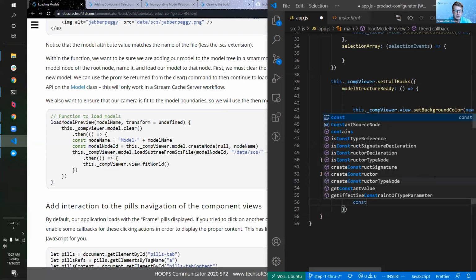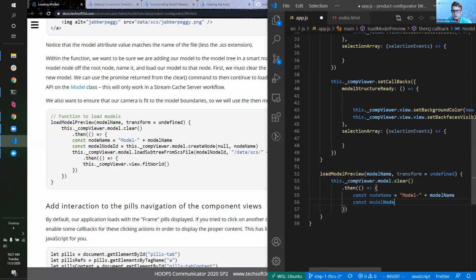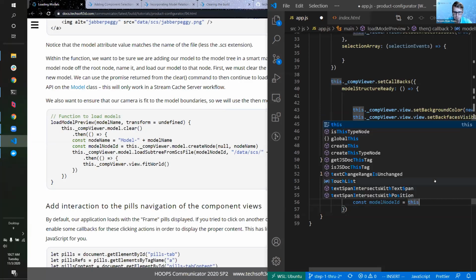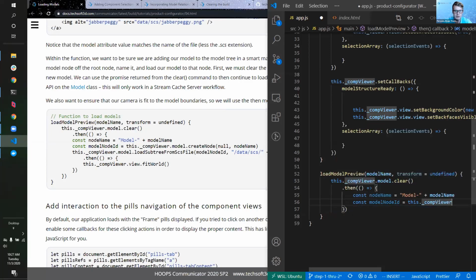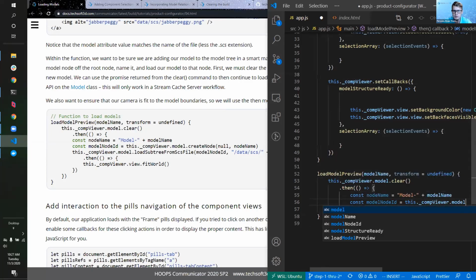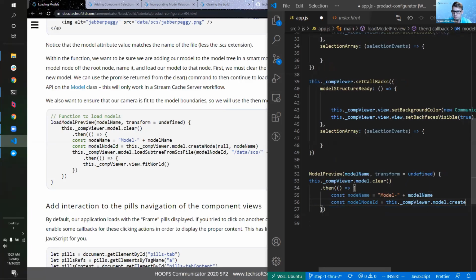We're then going to generate a model node ID for this model using a function called create node. So this dot component viewer dot model dot create node,